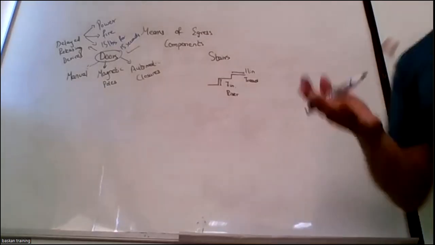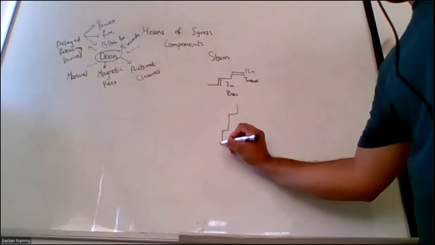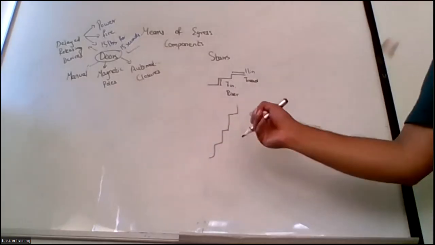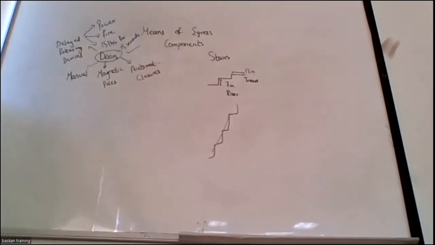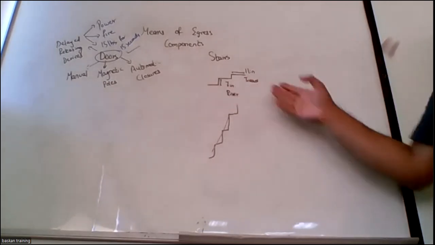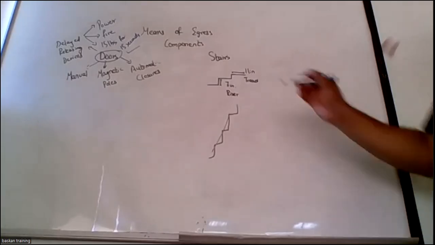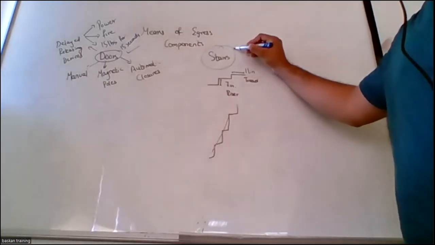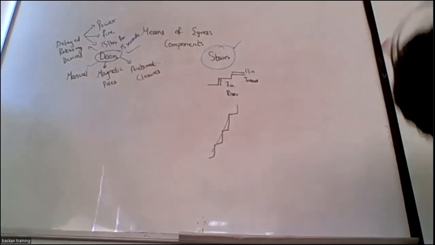Why? Because if I have less tread and more riser, it will be more risky. The chances of slipperiness are much higher. That is why NFPA 101 says the tread should be 11 inches and the riser 7 inches. These dimensions are very effective for people to evacuate easily without causing any slipperiness or injuries. So stairways are also considered as means of egress. Then comes the third component.